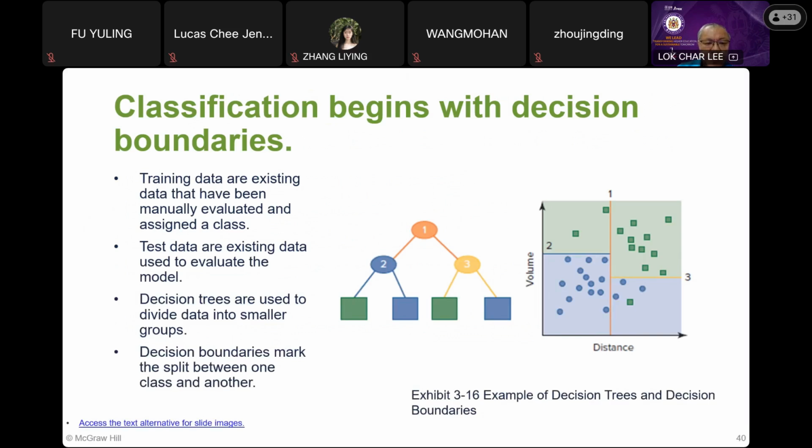Okay, this is called the classification model. There are many classification models. This is called the decision tree and decision boundary. When you run the analysis, then you know the decision tree. This is a decision tree. Training data are existing data that have been manually evaluated and assigned a class. So I have assigned the class as 1 or 0,